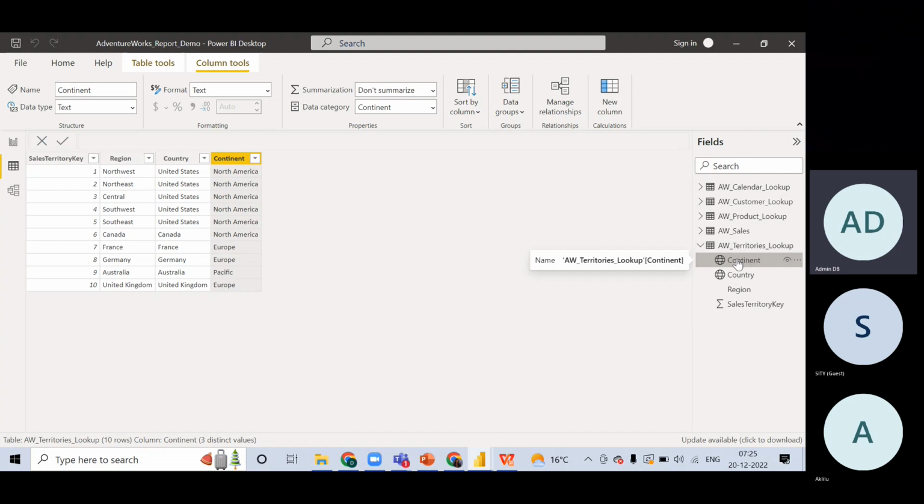Let's say I want to create a hierarchy for territories, and the hierarchy will be created where it makes sense, right? Here in this case, for each territory we have continent, country, and region, right? So for each continent we will have countries, and then we will have regions inside this,